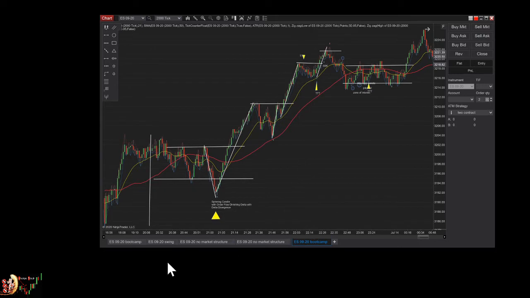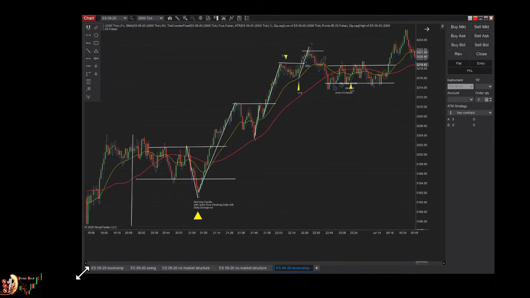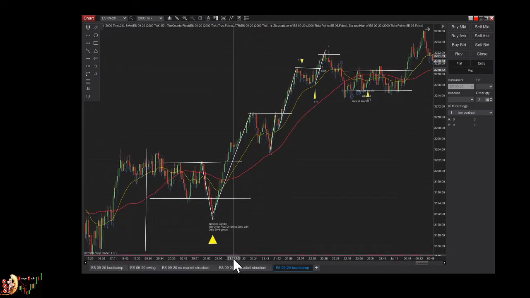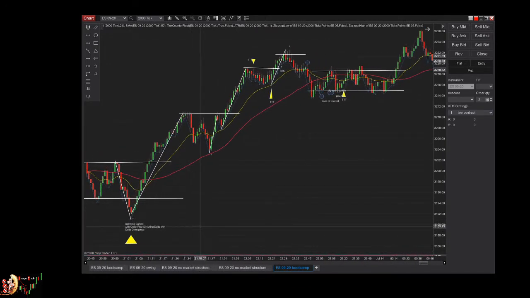I will do a market review, but I want to start by talking about a specific market structure that I think I've never taught during the course, which is what we call a Fib one-to-one extension. Some people call it a measured move. I think it's important to talk about this because it gives you a better understanding of the market structure.